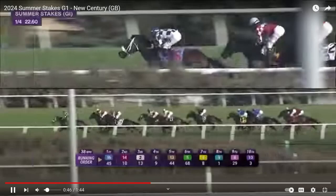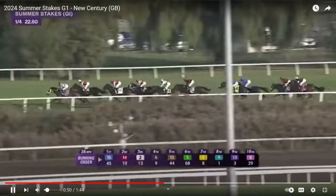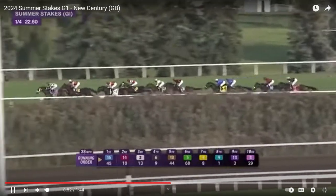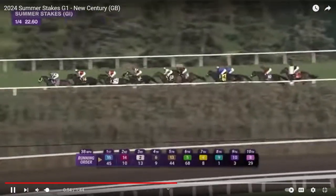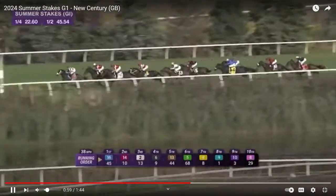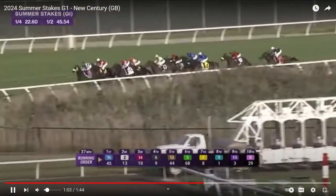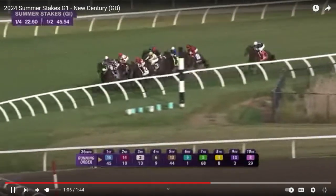They run down the side, a half mile to run, and the leader is still Groot by a length to Winterberry. A length away third, Dream On. Cairo Caper fourth, 40 and 5 fifth, and then Cool Collected starting to edge up into it. Al Kudra started to also pick up again as First Resort as they sprint. New Century is second last, and last is Special Session as they turn in the mid-365 Summer Stakes, and now